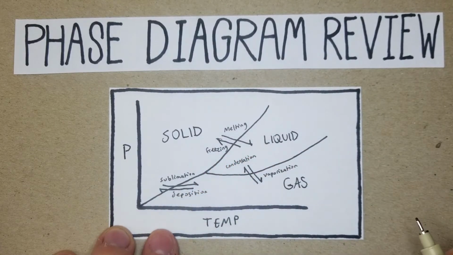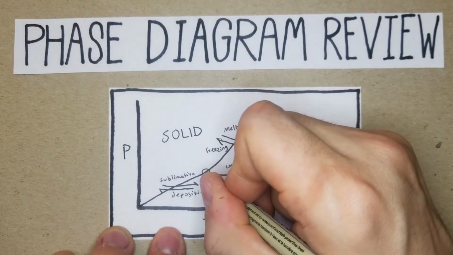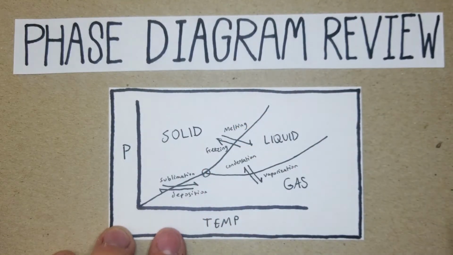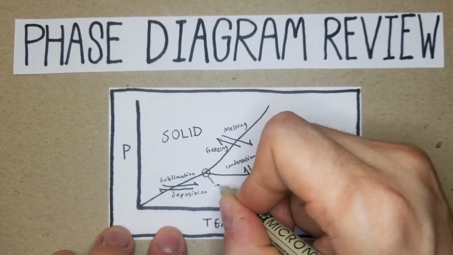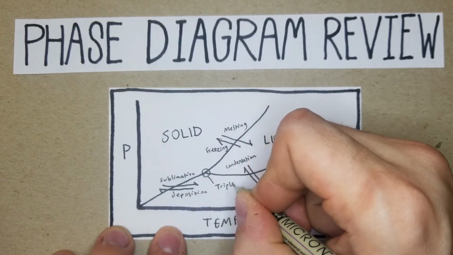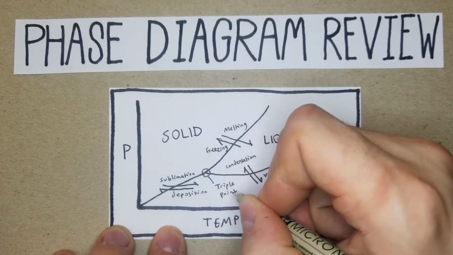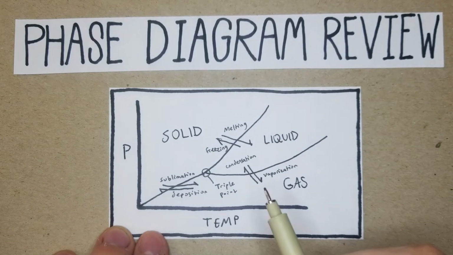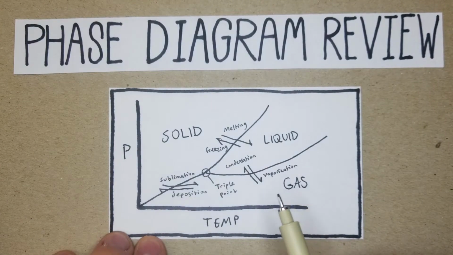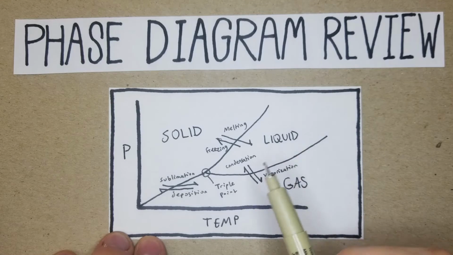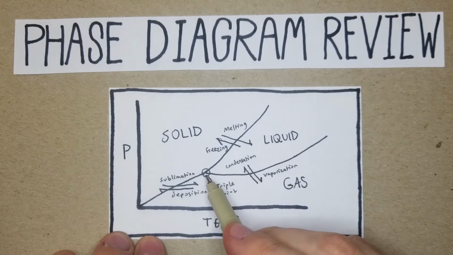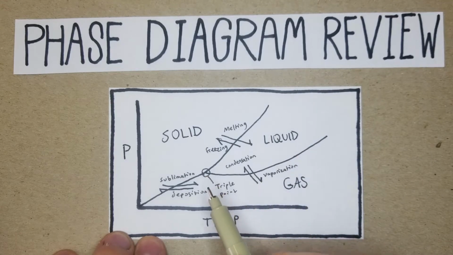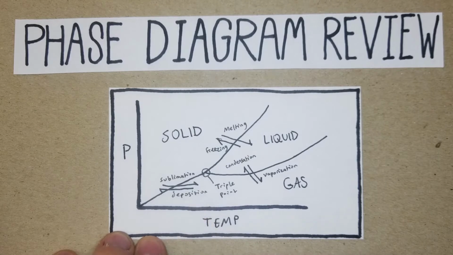Okay, now from there we have a few pretty significant points right here. That's one of the most important points. That's called the triple point. The triple point is the one spot on this whole phase diagram where all three phases can coexist at equilibrium. So there could theoretically be an ice cube floating in liquid water with water vapor floating all around, and